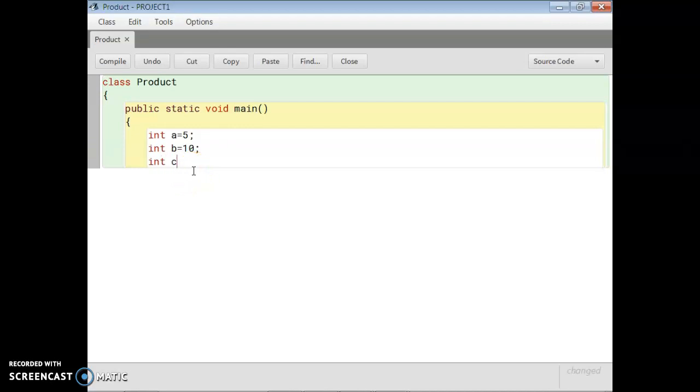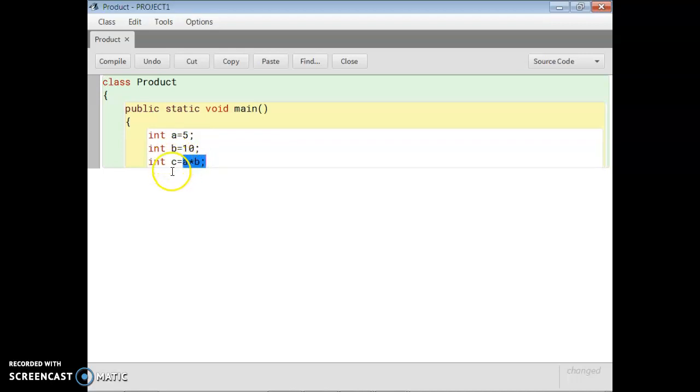Suppose c equal to a into b. Here in Java, into is not like the sign you write by hand. Into is an asterisk sign. You write this, and then you write b and semicolon. So a into b is done by the computer, and the result is stored in c.